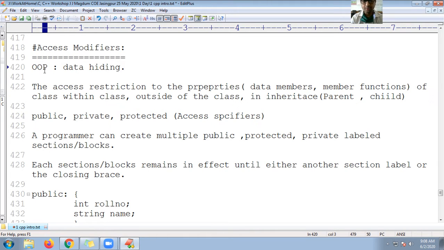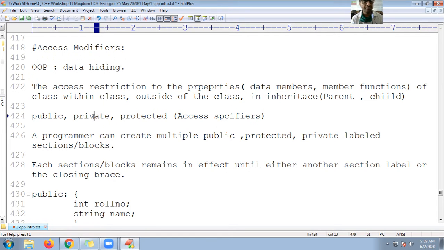Object-oriented programming follows one of the object-oriented principles, that is data hiding. To achieve the data hiding principle, we have a concept called access modifiers. There are access specifiers you can use to hide the data completely from the outside of the class, or you can show it to the subclass and hide it from the rest of the world. One more provision is there: you can show your data publicly to the world, either within the class or outside of the class. You implement that by using public, private, protected.